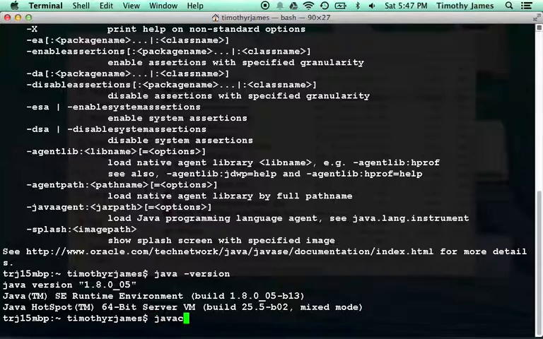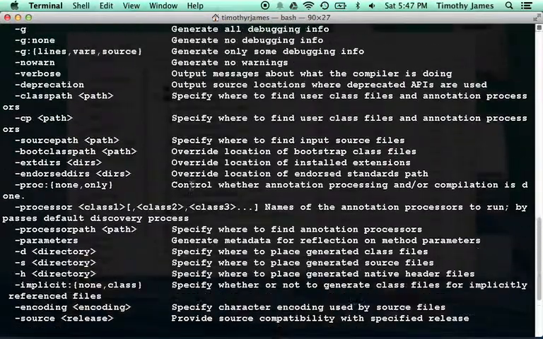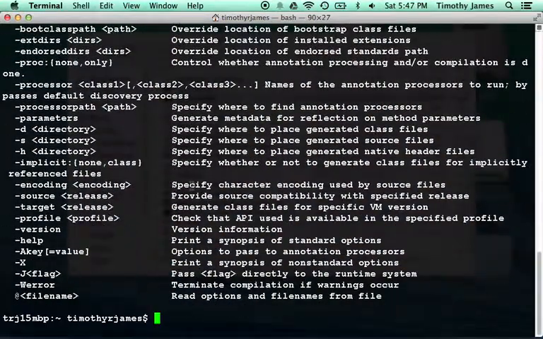If I type javac, I should get a big list of things that I can do with the Java compiler. Looks pretty good. Okay, this is good. We're in good shape. So this will get us started. The next lesson we'll actually start talking about what we can do with Java, and how we can write some programs. So the important thing, go to oracle.com, find the Java Development Kit download, take a look at the terminal